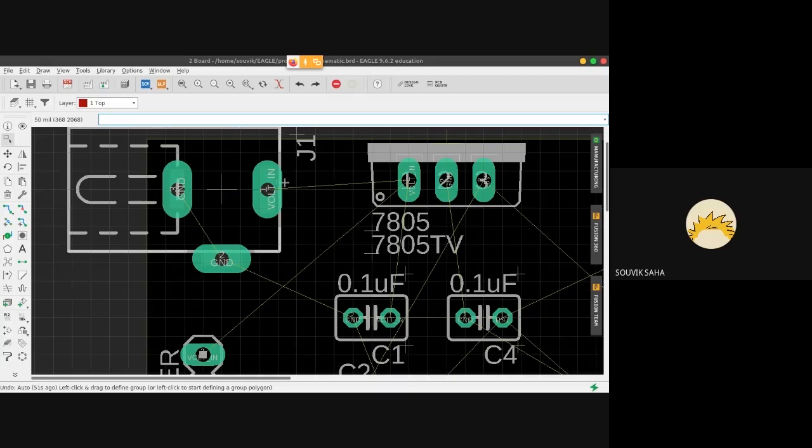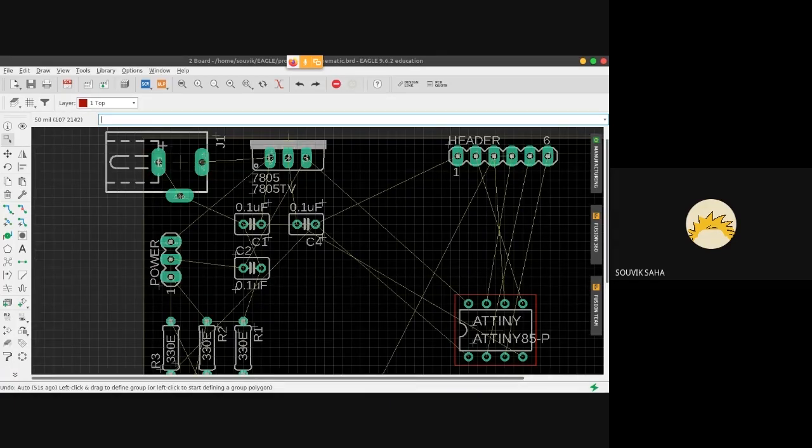R equals rho L by A. So the greater the area, the lesser the resistance, and the lesser the resistance, the more current it can carry before heating up. That is some basic Ohm's law that you all should know as engineers. So the greater the amount of current you want to carry in your circuit, the thicker the area of the copper tracks has to be.